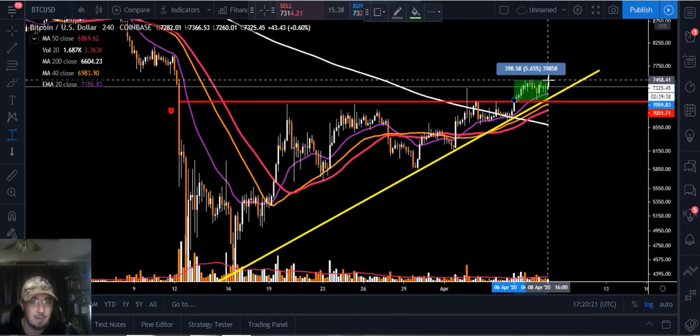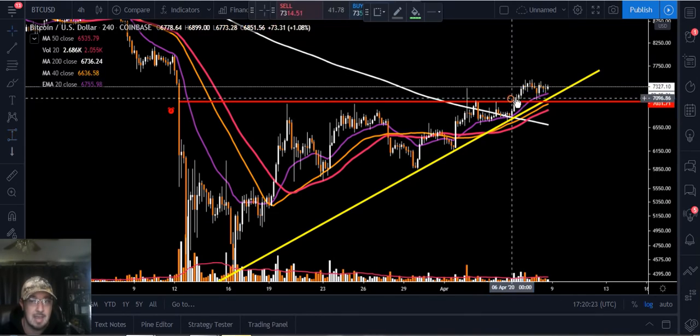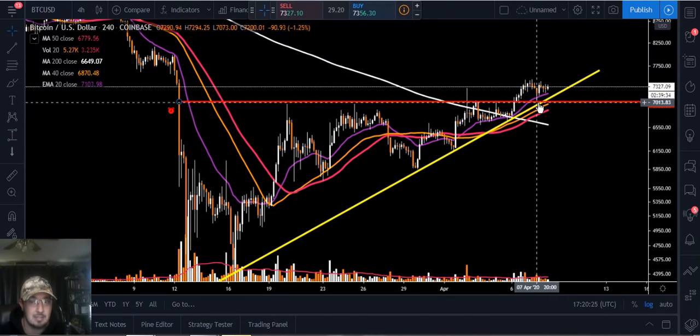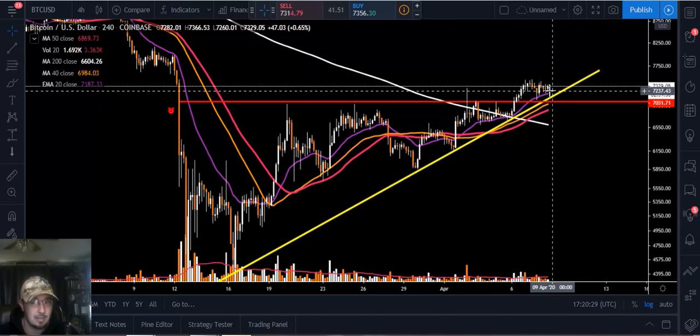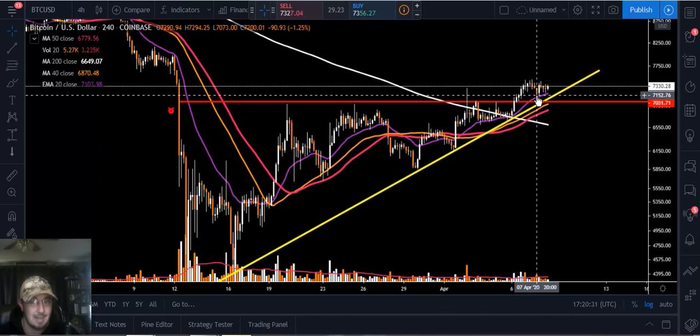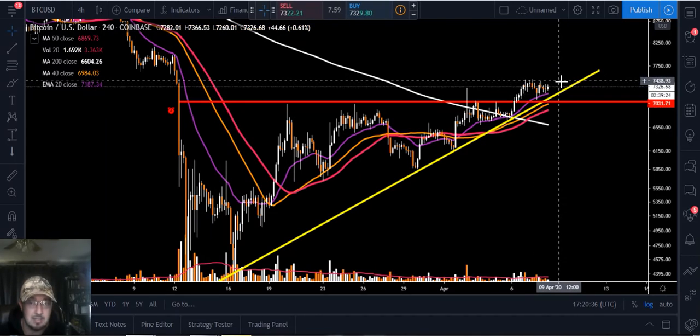So right up in that range, about 5 to 6%, and then we actually came back and we back tested the top area that we broke out through. So now we're actually consolidating a little bit, and you can see we're almost forming just a tiny little symmetrical triangle. So main thing I'm looking at is to see if we can get up above that $7,500